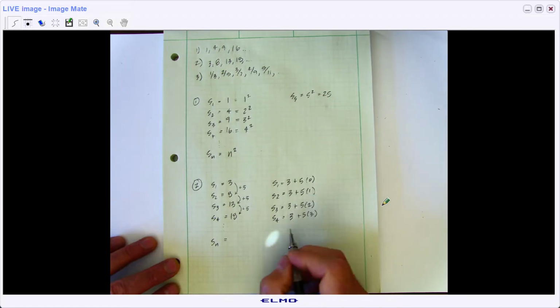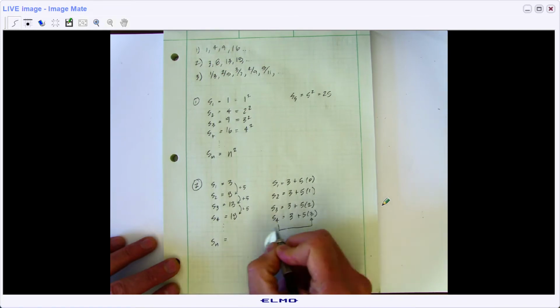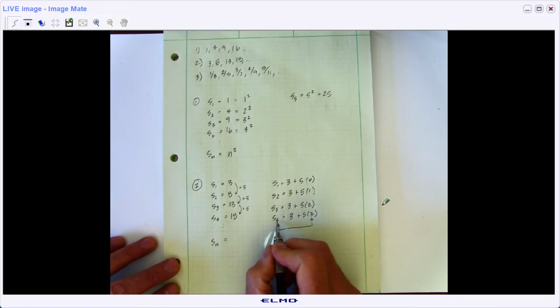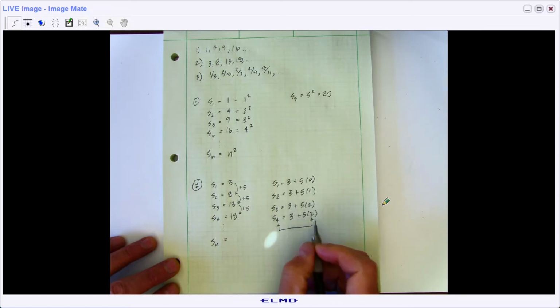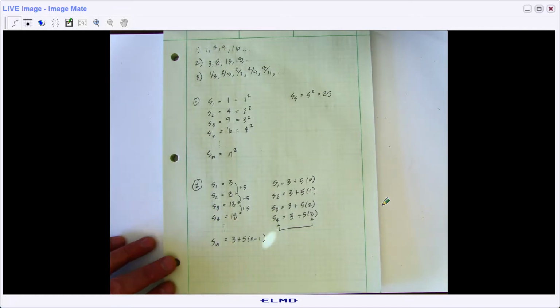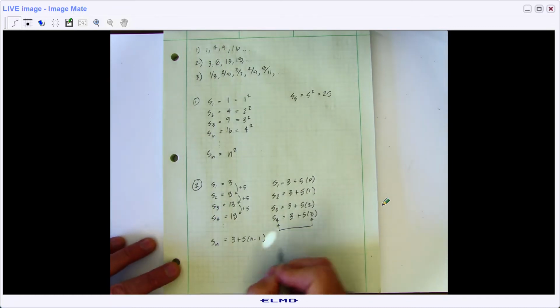And I see that the difference here between the number of 5s being added and the subscript is that this one's always 1 less than that one. So what it seems like is that we now have a general formula for this sequence. We could call it 3 plus 5 times n minus 1. And of course, a quick check